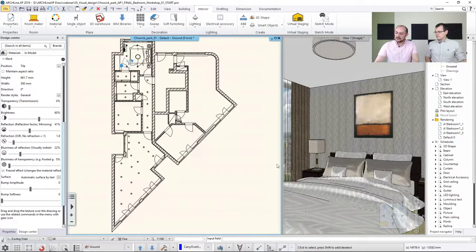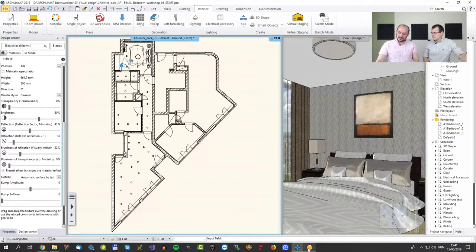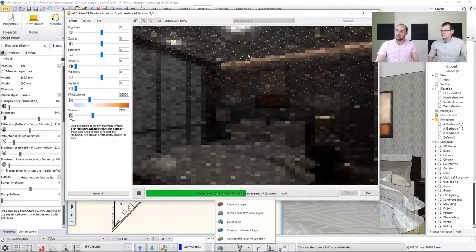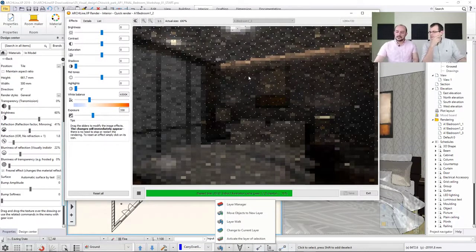So actually, there is a difference here. Now, ARCHLine does not host the render inside as a drawing, because I have chosen the standalone render, and now it's acting like a separate application. So now in this dialog, what we can see, the rendering is a little bit slower because we have chosen the interior